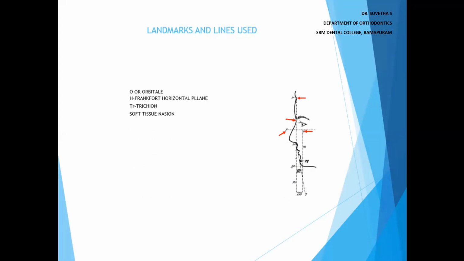The fourth landmark is the nasion point, that is the soft tissue nasion. The fifth landmark is the subnasal, which is present at the junction of the anterior nasal spine. The sixth landmark is the soft tissue pogonion. The seventh one will be the soft tissue gnathion, and the